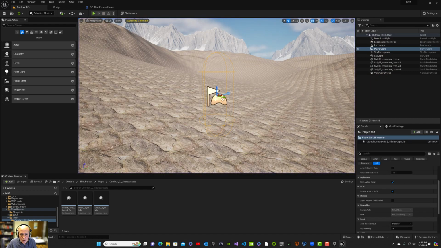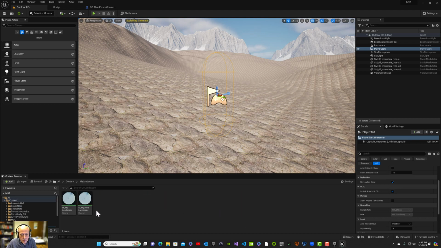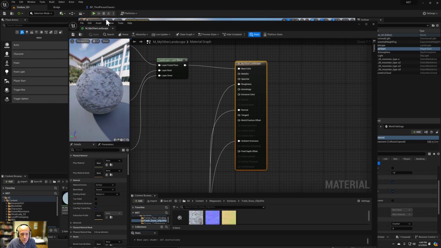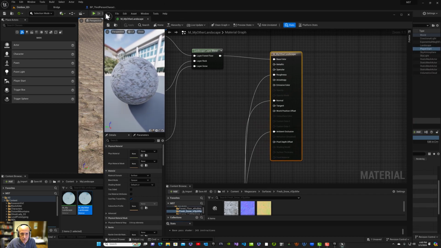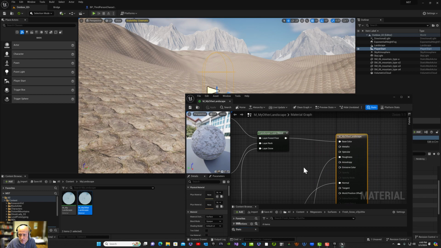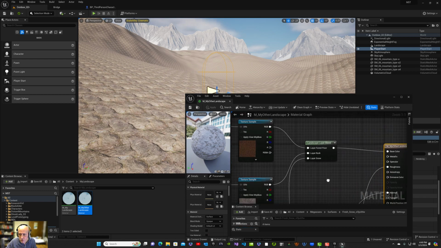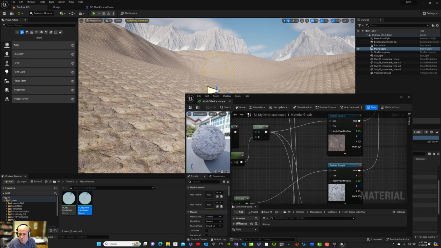So that's why we have to make those scalars for the UVs. So let's go back to that material that we made. My landscape, my other landscape, this is the material. And I'm just going to leave this window not docked. Let me just try to size it down a little bit for you so you can see what happens when I make certain adjustments. So let's go to this rock layer, which is what I just filled that entire